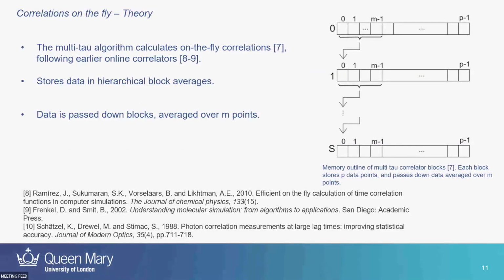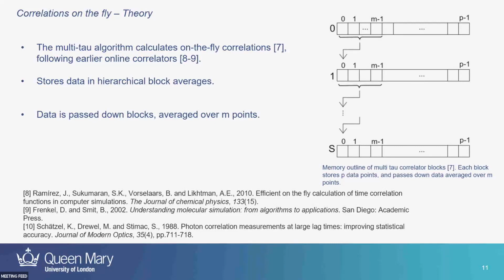So how do we do that? This is a problem which is being solved in various ways, but one in particular is called the multi-tau correlator, which has a history in physical experiments as a hardware device, all the way through Franklin Smith in the 2000s with a similar algorithm, towards this paper here, which talks about the multi-tau correlator itself. And the broad idea is essentially the same in these various contexts: you have your data coming in. So, for example, think of it as a particle's velocity or something like that. You collect it in